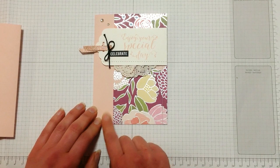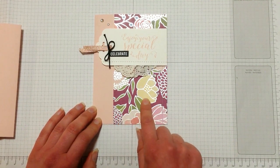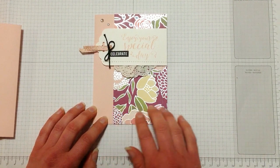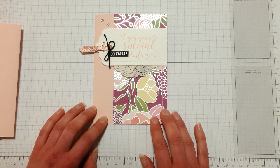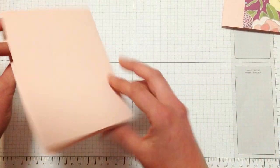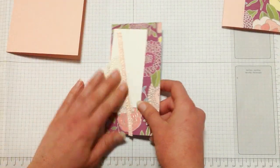That is a current colour, but I have tied it in with a retired paper. This was available in the last occasions, but you really could customise this layout and use any of those large bold patterns I know you've got sitting in your stash waiting to be used. So let's get started. I've got my Powder Pink card base, this lovely